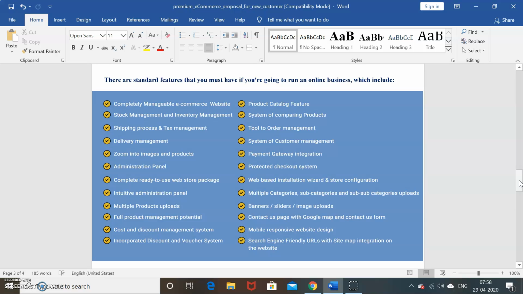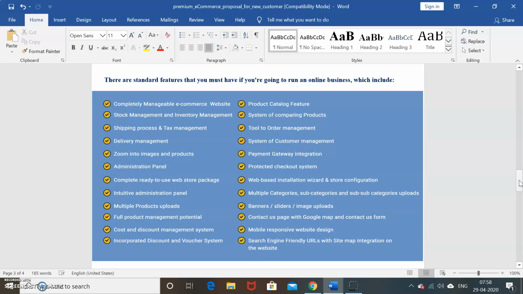I'm just showing examples of what can be included, like a completely manageable e-commerce website, stock management and inventory management, shipping process and tax management, delivery management, zoom into images and products, administration panel, competitive ready-to-use web store package.